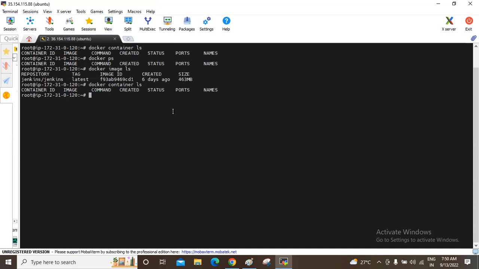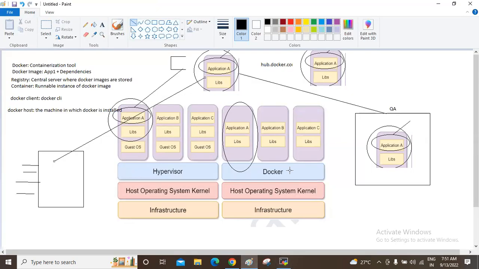It doesn't mean that once we download the Docker image, we already have a container. No. A container is nothing but the running instance of the Docker image. What I said, we have to download this, and we have to run this.